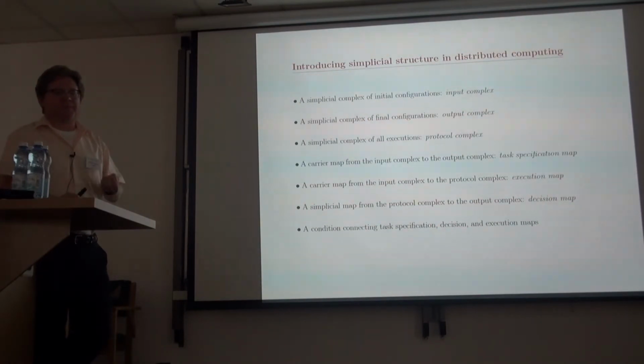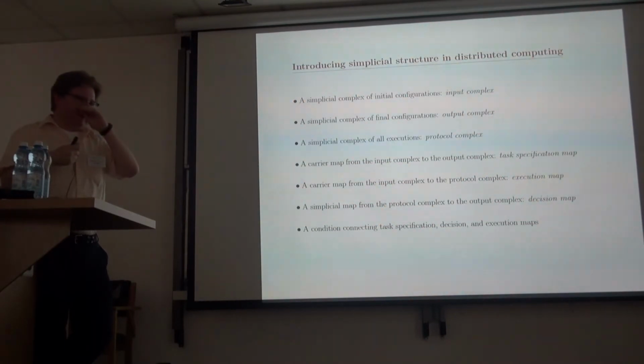So if the second process sees both values, then, well, let's say he only sees one value, that means it's his own value, then he knows what the execution is, because he knows that he was first. But if he sees both values, he doesn't actually know what the execution is, because he doesn't know if the second guy saw his value or not.